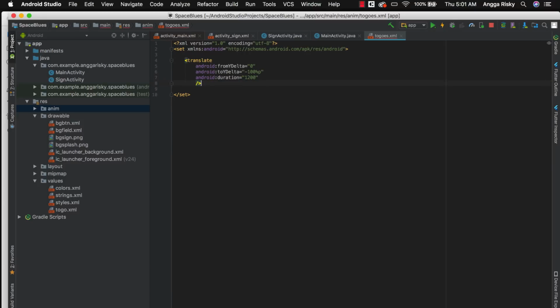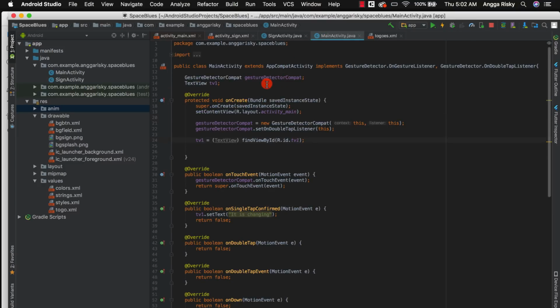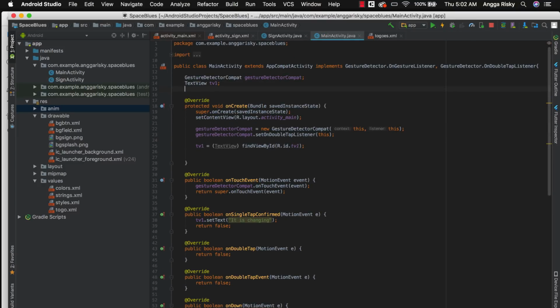Okay, and after that you play with alpha. So alpha from 1 to 0.0, and the duration longer than translate. Okay, so we're going back to the main activity, and then we register this animation to ghost,